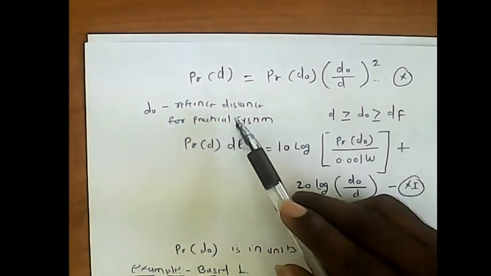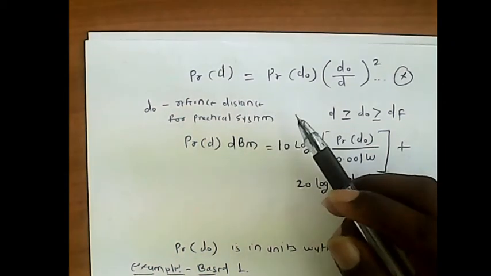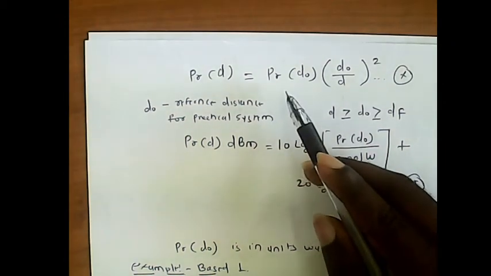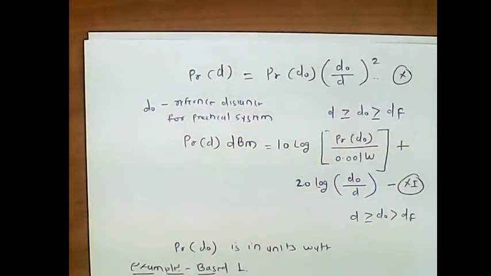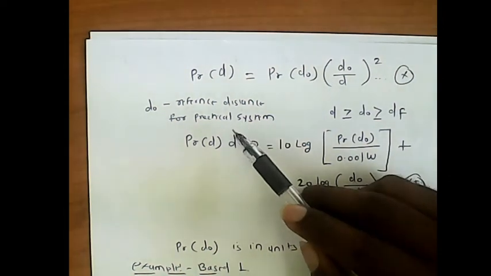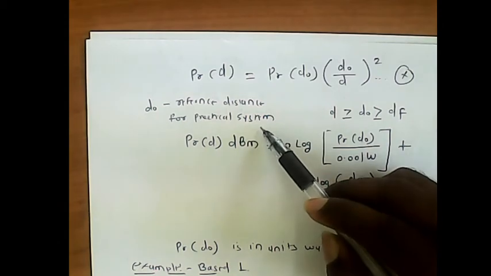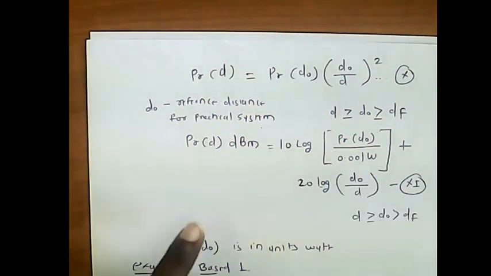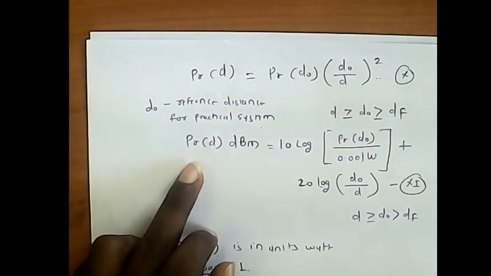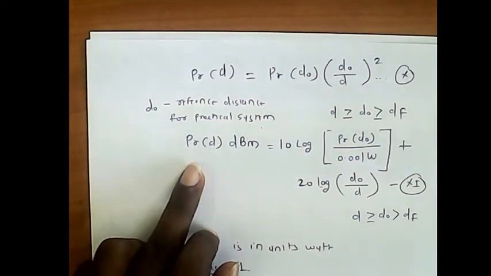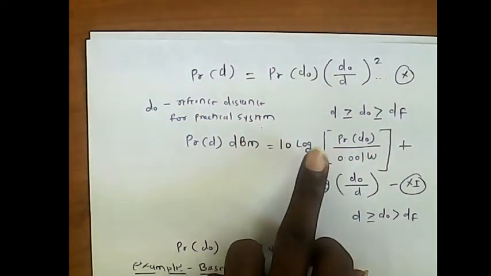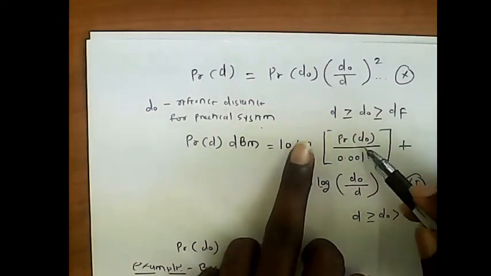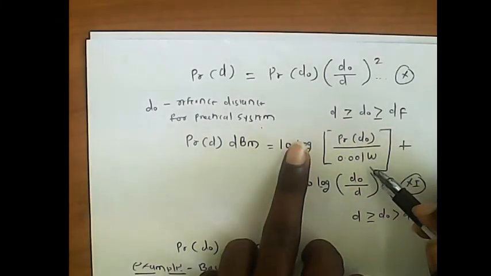So we can define the received power in terms of the reference distance: P_r(d) = P_r(d0) × (d0/d)². Here d0 is the reference distance from the practical system, or from the receiver. We can calculate the received power in dBm: 10 log of P_r(d0) divided by 0.001 watt,